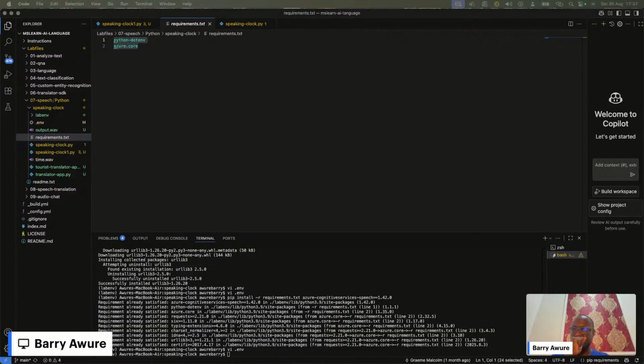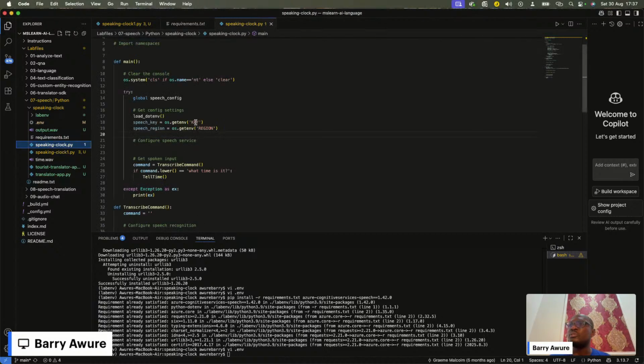Setting my keys and my location. I don't want to hard code it into my application, and that is the reason why I had to use the environmental variable, because if you see it here, it's being referenced here and here. Now, if I had just dropped the key inside here, every time I get to change the key, I will always have to come here to change my code, which makes no sense, right? So these are configurations, styles and practices, good practices and security conscious practices too, right?